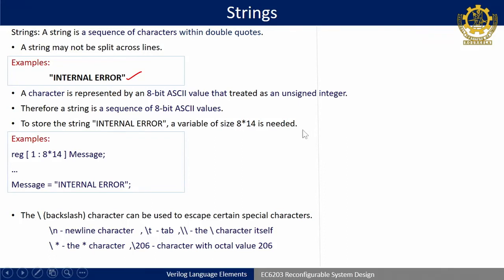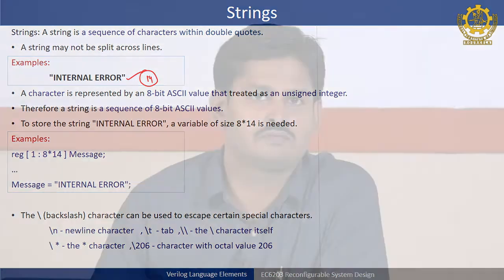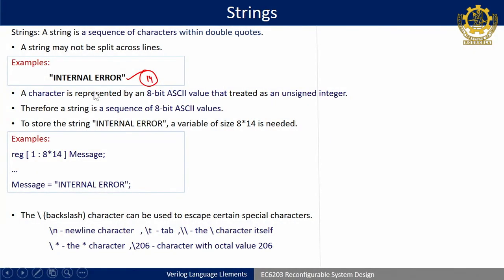Are you convinced? Just see it. If you assume 1, 2, 3, 4, 5, space, 6, 7, 8, 9, 10, 11, 12, 13, 14, if I count, I get a total of 14 ASCII characters here. For I, some corresponding hex value will be there. Similarly, for space also there will be one hex value. Here, space is a tab or new line.